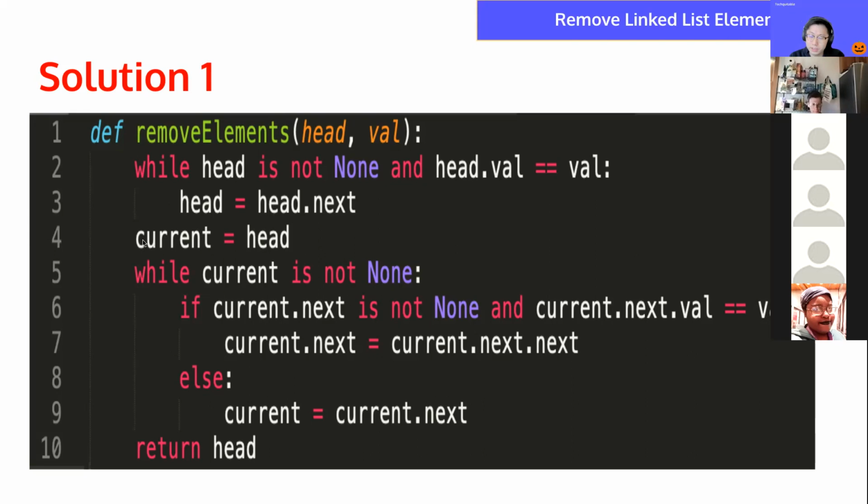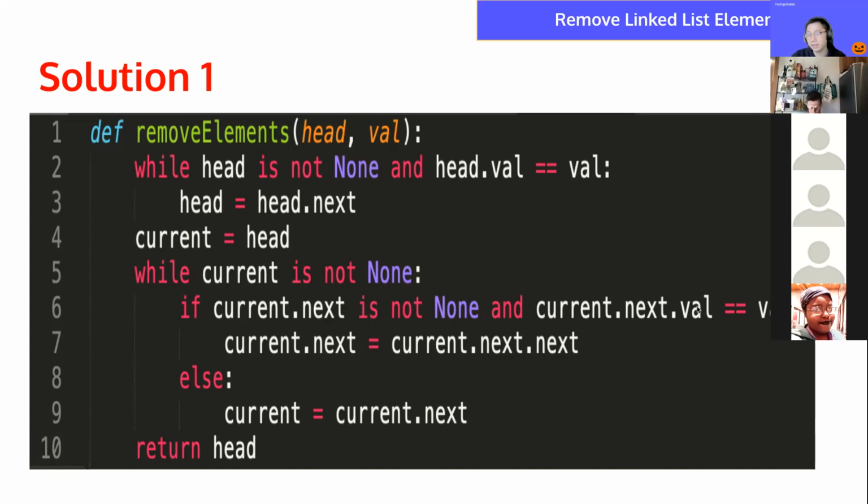Now we can introduce a new variable called current, and we want to set current equal to this new head that we are returning. And from here on, what we are saying is that while current is not None, this also allows us to check that we are operating against a valid node. Then there are also a bunch of conditional statements here, but if current.next is not None, this is saying that the next node is non-empty,